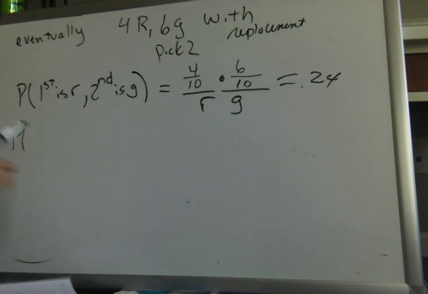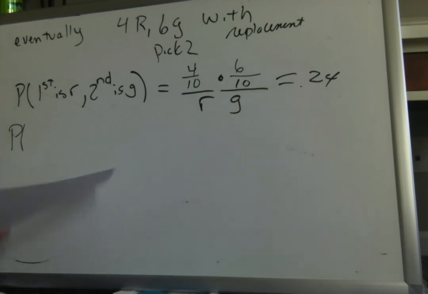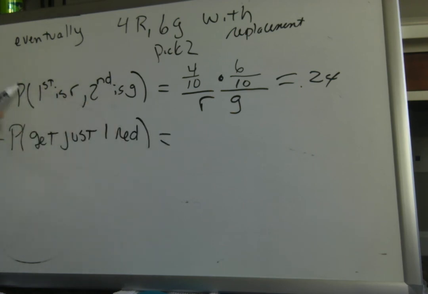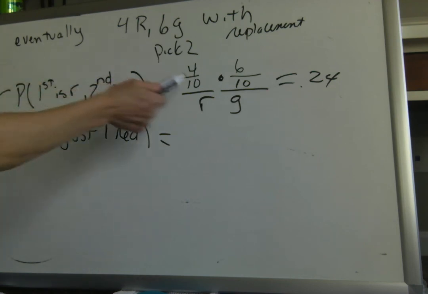Here is one slightly trickier, and it's helping set up for the next video where we start to do word problems that don't necessarily have to do with red and green balls, but I swear to you, it's all the same concept. But as soon as I turn them into word problems, students tend to not like what we're doing. So, how about, what's the probability you get just 1 red? Now, I want you to compare these two. See how that was very specific? They told me exactly. I didn't have a follow-up question. First is red, second is green.